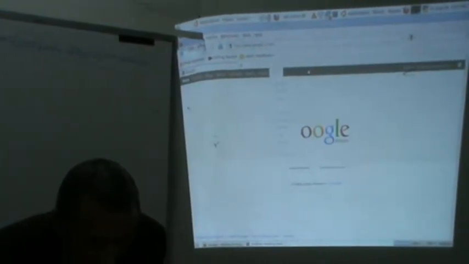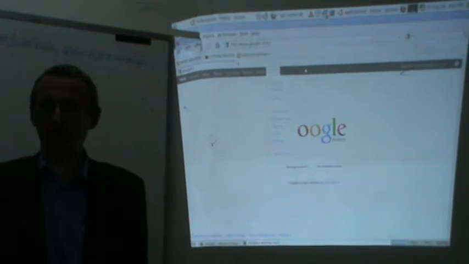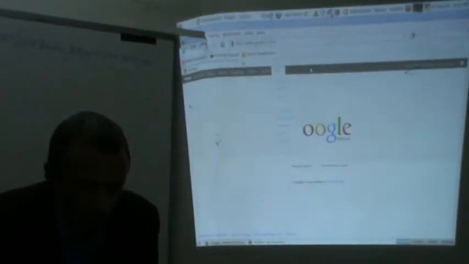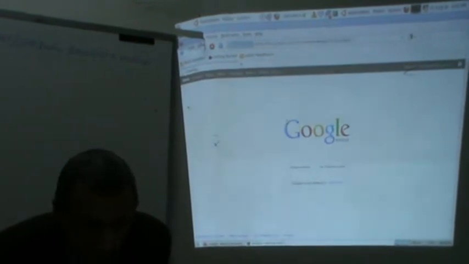So now I have signed in, and in order for you to sign in, you need to have a Gmail account. That is something you create under Google. So the reason why we have asked every one of you to create a Gmail account is so that we can start sharing documents pretty fast. You can share them anyway, but this is a way to share them in between us. I'm still yet to learn about how to create a group.